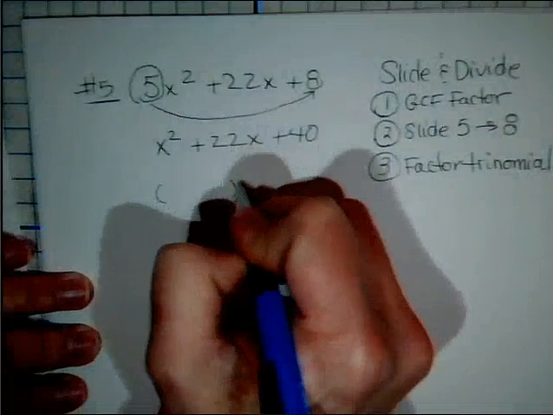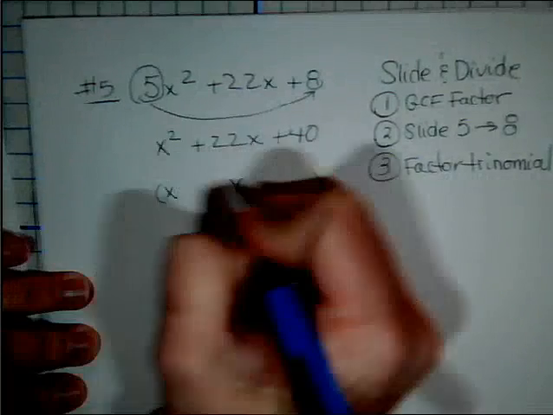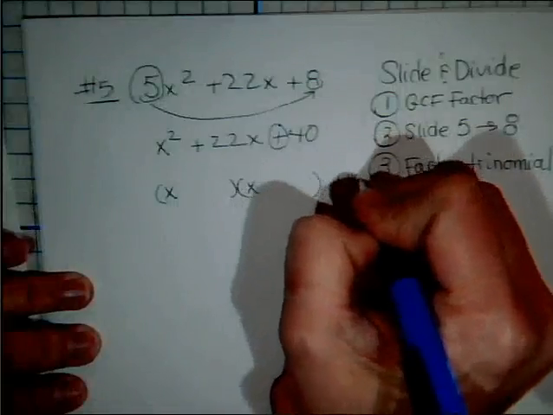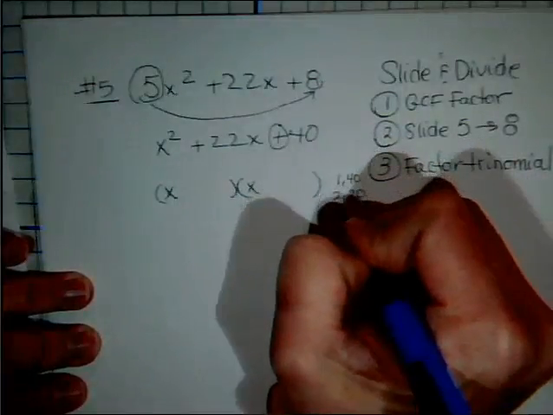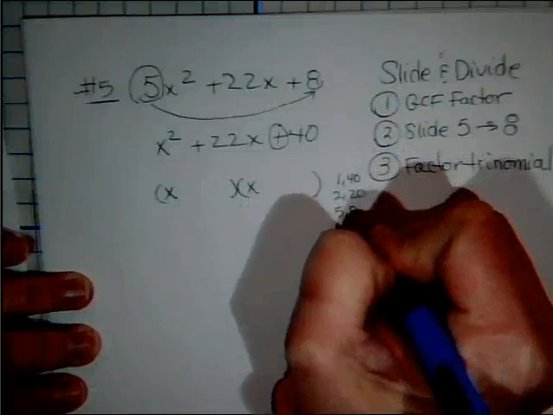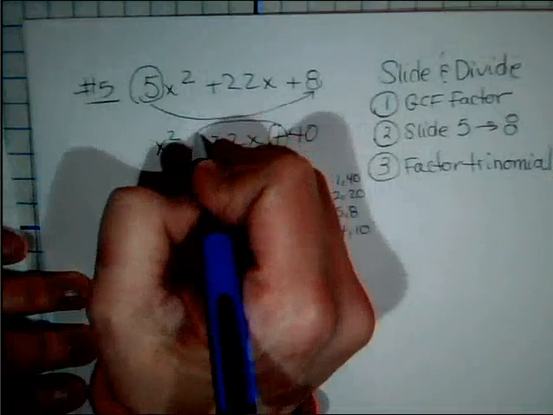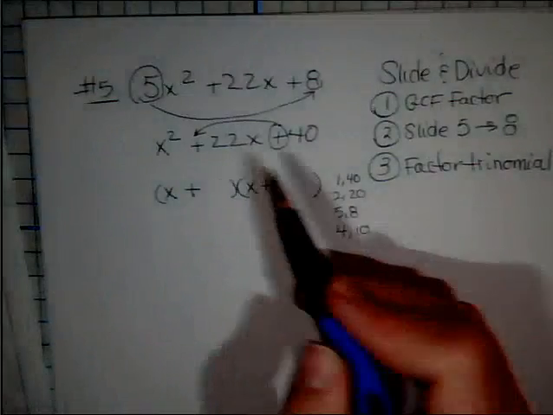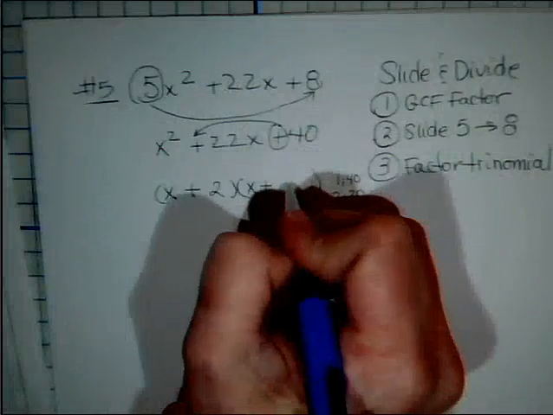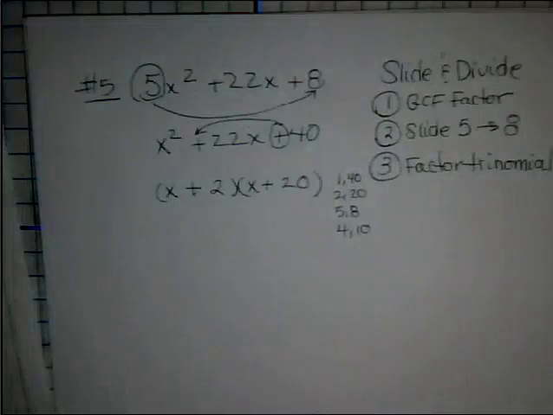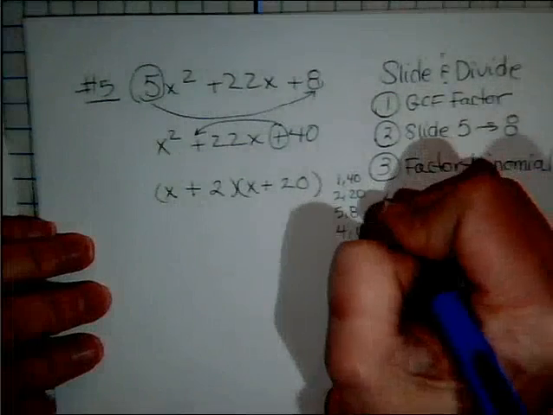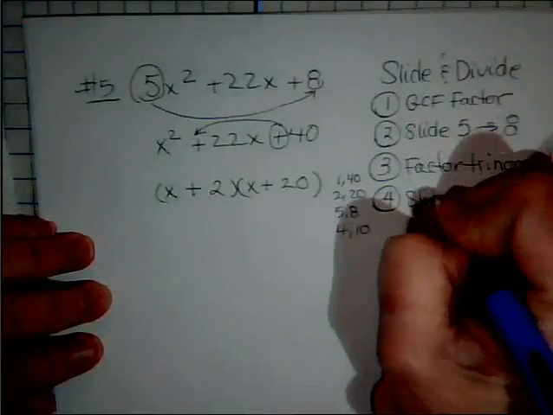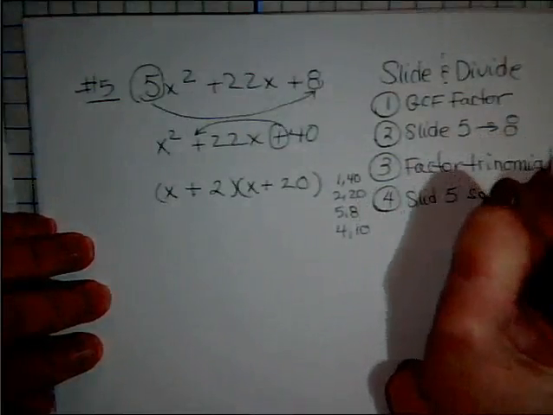When we factor that, we have x and x. Signs are the same because of the plus. Factors of 40: 1 and 40, 2 and 20, 5 and 8, 4 and 10. Since the signs are the same, they're both going to be plus, and it needs to add together to give me 22, so it's got to be 2 and 20. Now, we slid the 5, so now